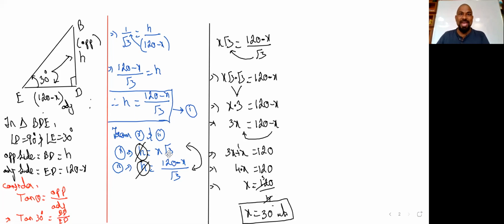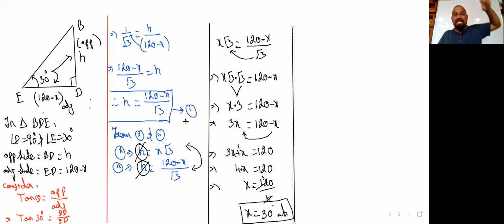Okay, we got the value of X. But please remember, he didn't ask you what's the value of X. X is the variable which we have taken. He didn't give it to us. By taking the help of this X, let's substitute in all the equations and figure it out. First point, what are the heights of the poles? And one more point, where is the point E? Is it exactly in the middle, or how many meters away from the first pole and how many meters away from the second pole? Let's substitute that one.